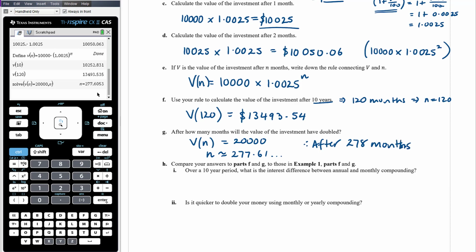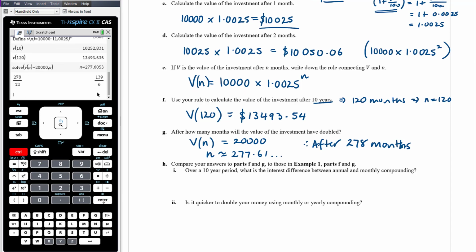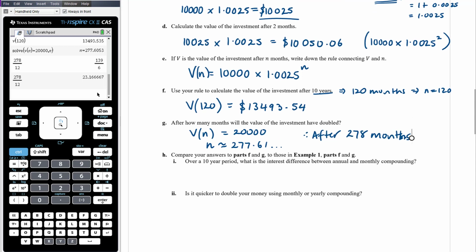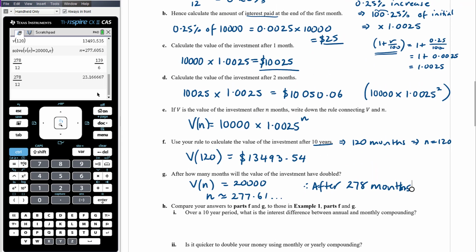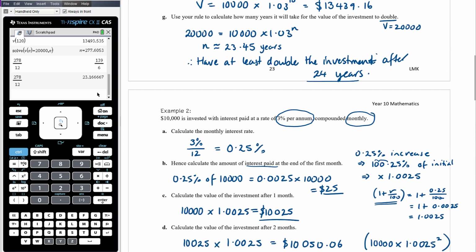Let's just have a quick look out of interest. So 278, if I divide that by 12, that'll tell me how many years. So that's just over 23 years to double. And so let's have a look at what happened in the previous example. When we were compounding annually, so we should find that after 10 years,